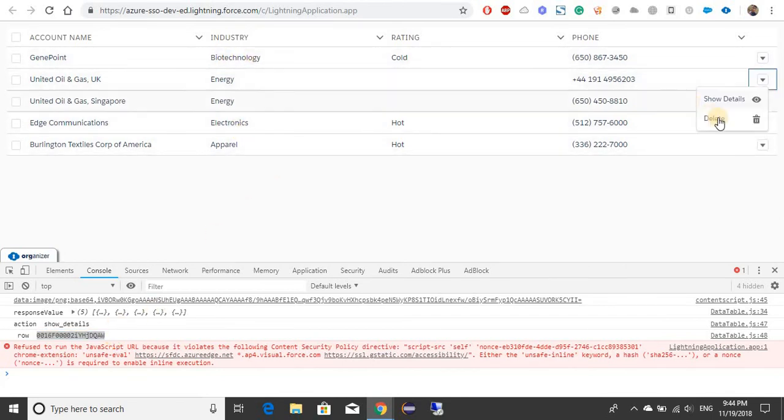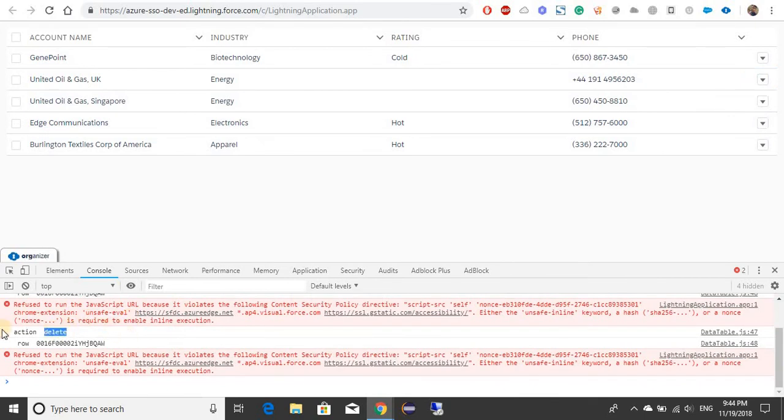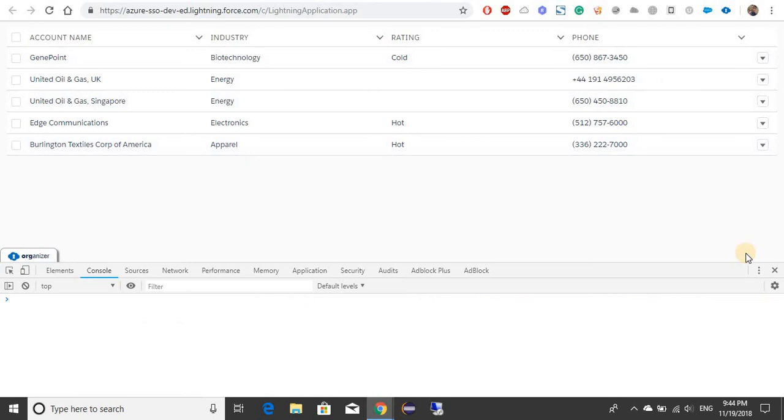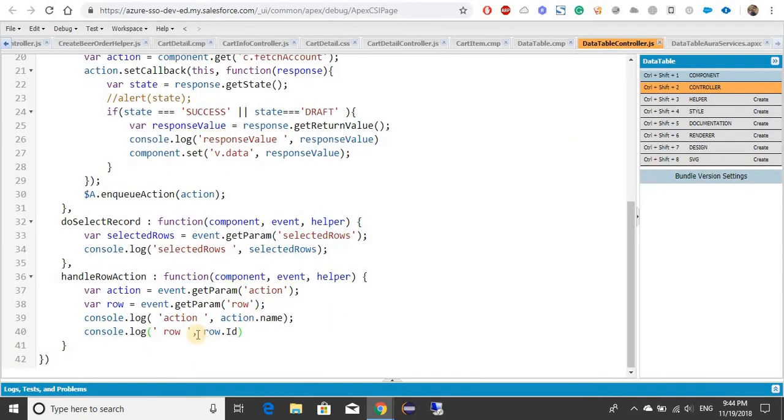Now let's go ahead, click on delete. You will see the name of action delete. This will be ID of whatever we selected. So now we can do whatever we wanted to perform. So how we will do, either we can use if, or we can use switch on this action.name. So let's go ahead, implement switch action.name, and here we can add